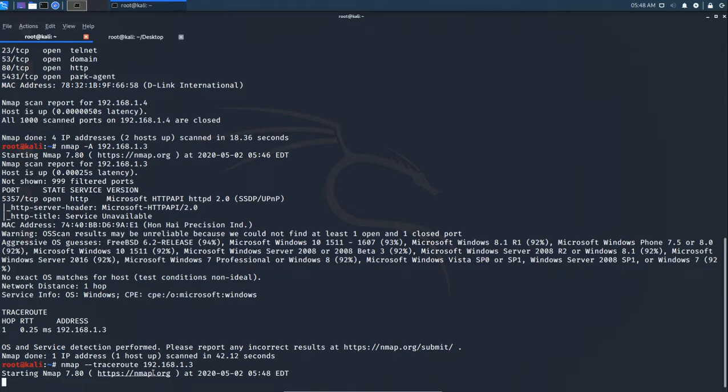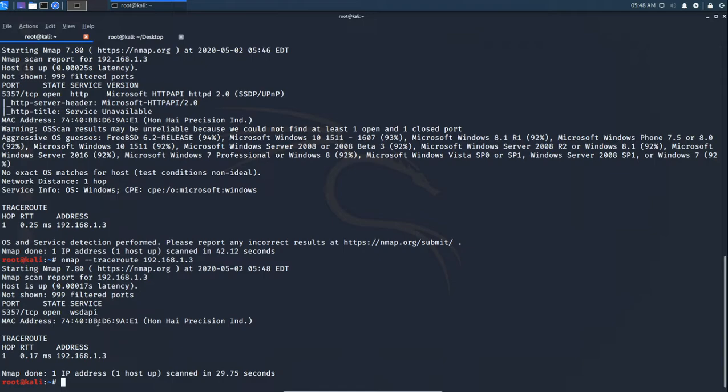And there are so many advanced scans like the TCP SYN scan and ping sweep scan, and there are so many more. These scans are very advanced, and as time is limited, I am showing the basic scans in Nmap.